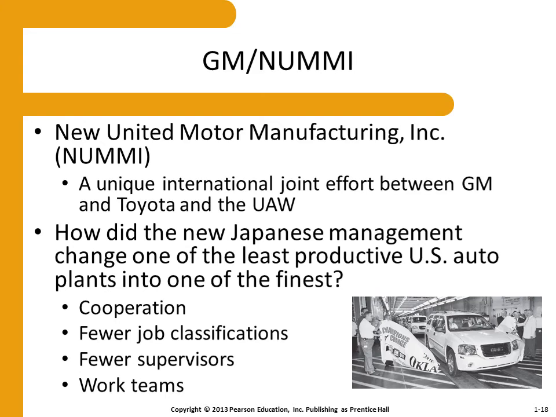But in 1983, the plant reopened as this New United Motor Manufacturing Inc., representing this unique international joint effort between General Motors and Toyota and the UAW. It was one of the first major examples of labor-management cooperation in the United States, and it was the first example in the United States of Japanese-style team management with U.S. workers. Over the next couple of years, the new Japanese management combined with UAW members to make